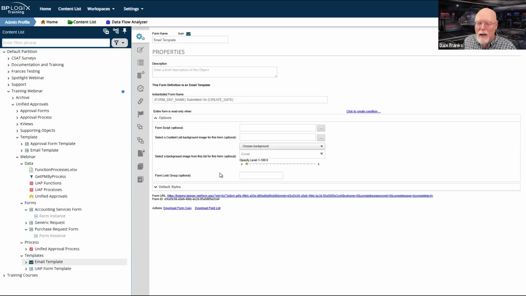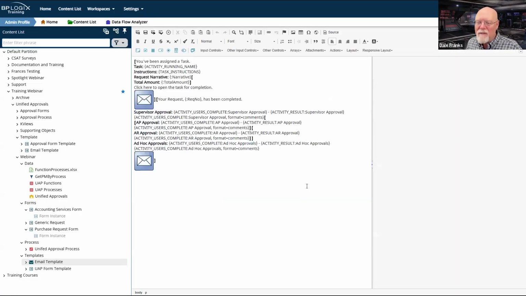So normally in a form, I would pick my process timeline on the associate form with process timeline property, and I would be able to just select the timeline activity. Email templates, I don't have that option. So therefore, I have to use the string in the email template. So basically, email templates are very, very system variable slash string based in determining whatever it is that we see at any given time.